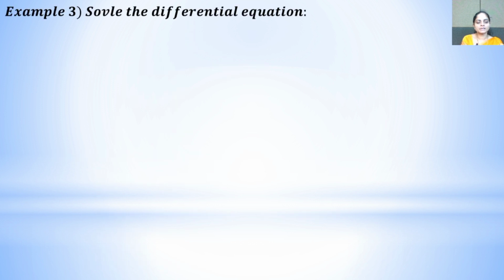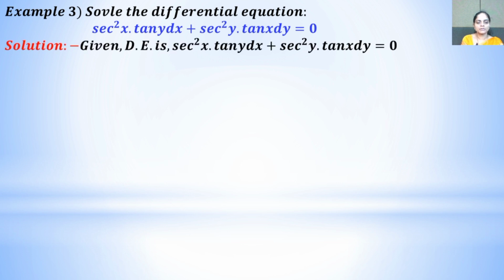Next example is: solve the differential equation sec square x into tan y dx plus sec square y into tan x dy is equal to 0. Let's start the solution. First we write here the given differential equation. The given differential equation is sec square x into tan y dx plus sec square y into tan x dy